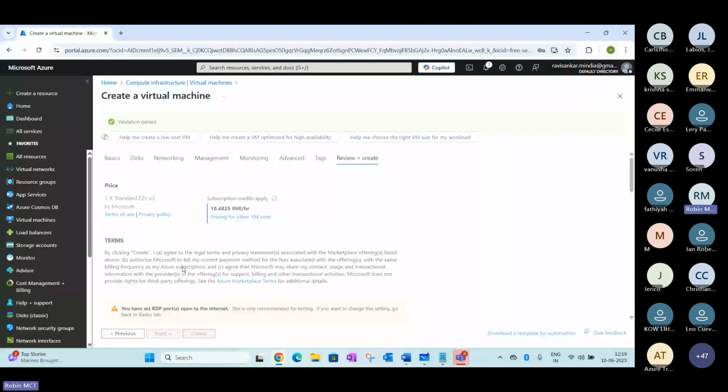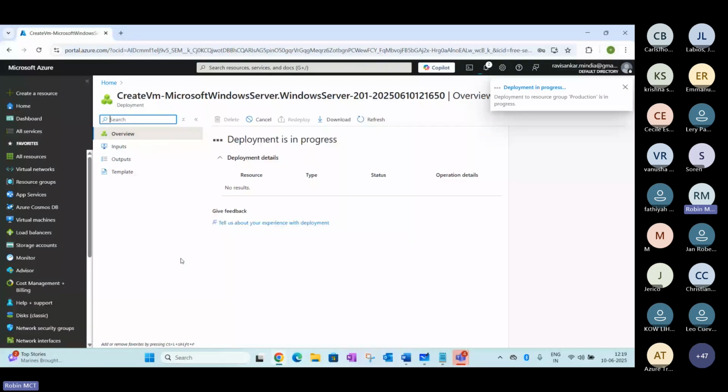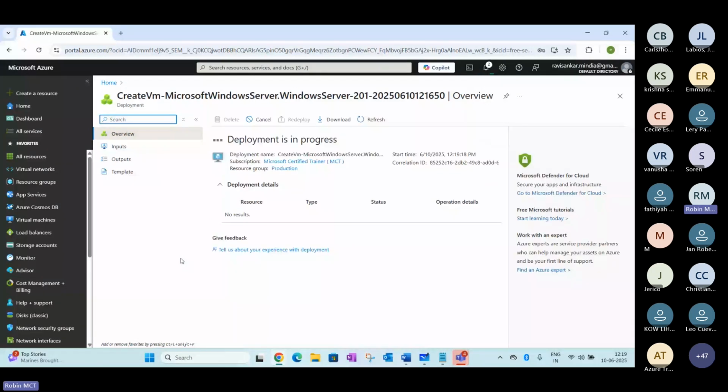It's progressing. I'm just creating these details here. It will take a few seconds here.